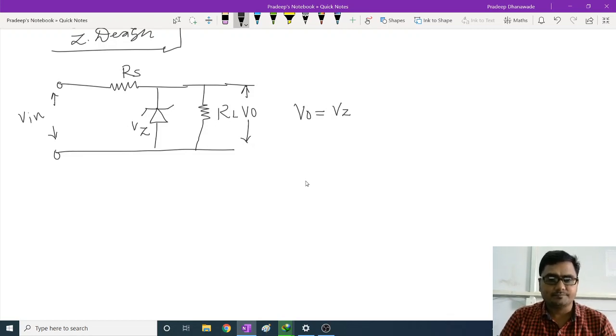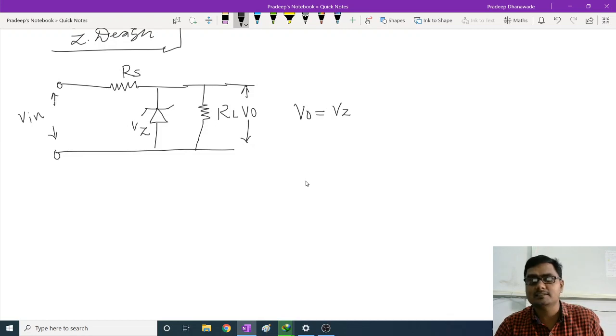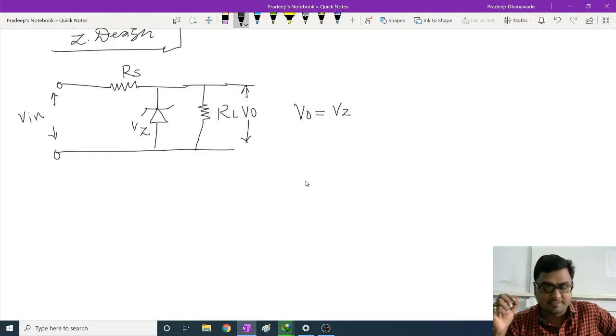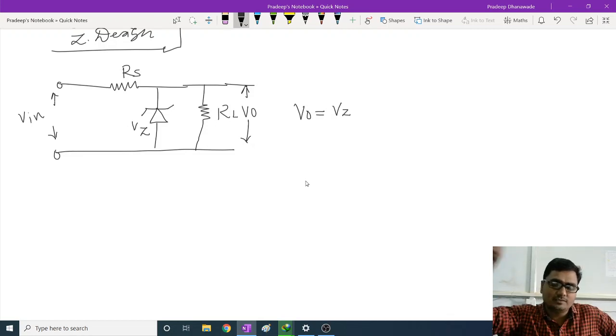Now let me show you what the currents are. Before designing the Zener shunt regulator, we had a conclusion in the last lecture, and we are going to start with the design of Zener shunt regulators. Before starting the actual design, we will write some important equations. If I write the equations directly in the design procedure, there will be confusion about where I am getting them from. So I will explain how I am writing the equations, and then use them in the design process.